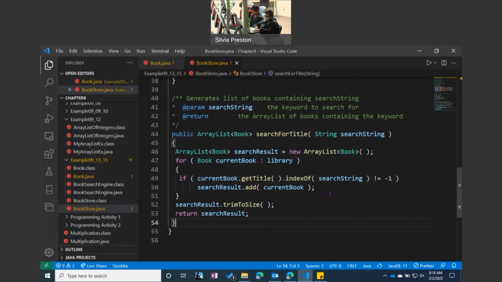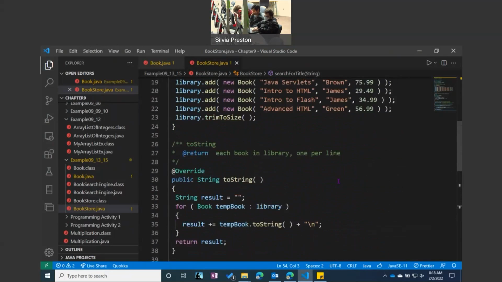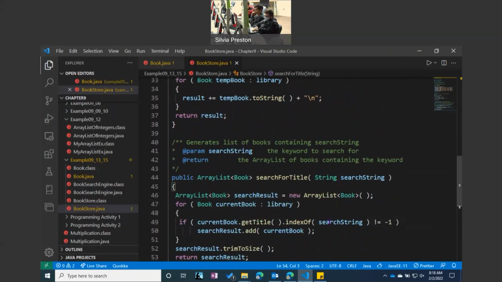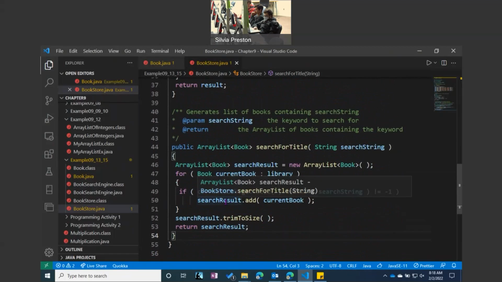Look at this happening over here. Get the title for that book in the library and see if I have a search string, a value, whatever that book is, intro to HTML, for instance. So let's say I'm searching for HTML. So the search string would be HTML. If it is in that title, if it's not equal to -1, meaning I do have an index for HTML, that HTML string is in there,